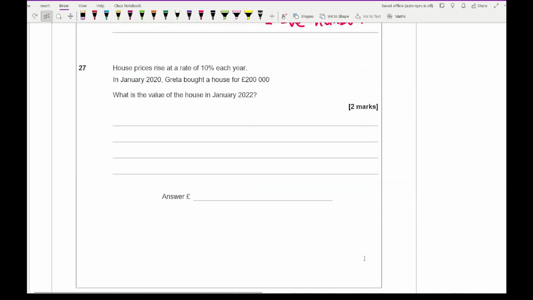For question 27, it says house prices rise at a rate of 10% each year. In January 2020, Greta bought a house for 200,000. What is the value of a house in 2022? So what we need to do is add 10% twice. So starting off with 200,000, I'm going to add 10%. Now 10% of that is going to be 20,000. So if I do 200,000 plus 20,000, that's going to give me